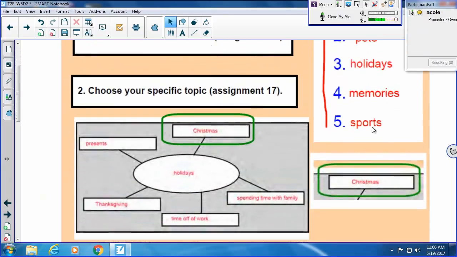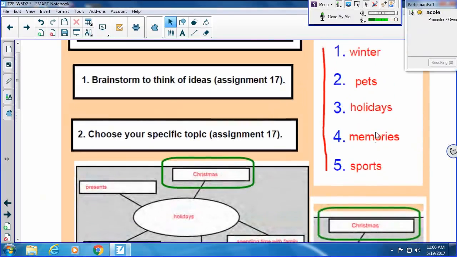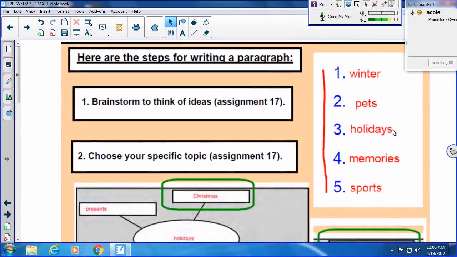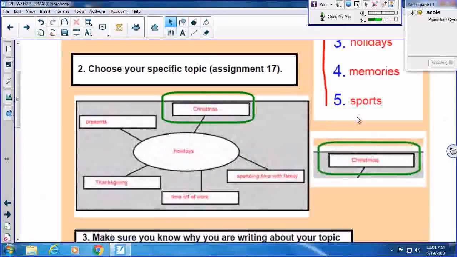Then the second step is to choose your specific topic. So how do you do that? Well, assignment 17 explains it, but I'll explain it again. You take one of these general topics, right? So I just said 5 topics. You pick one of them. So just for this example, I'm choosing holidays. And then what you do is you